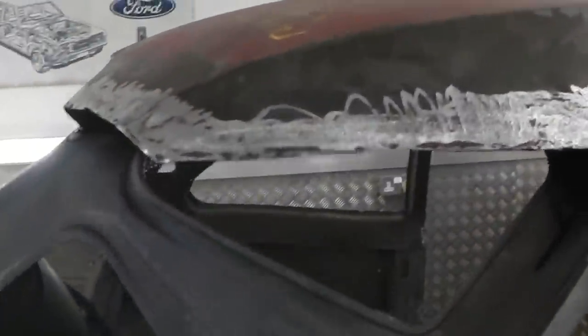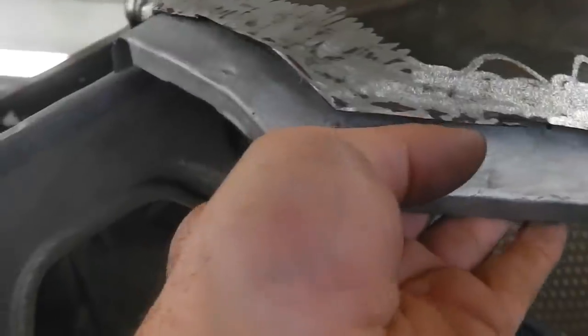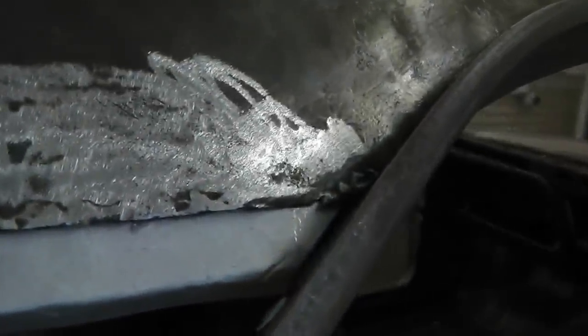Right, that is prepped. Behind it's cleaned and well through primered. This is well through primered. That slots up in there like that. Then we get the spot weld and just pinch it into place, leaving a little gap to feed the edge of the